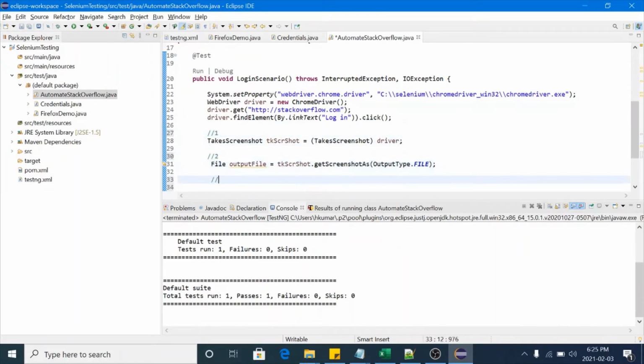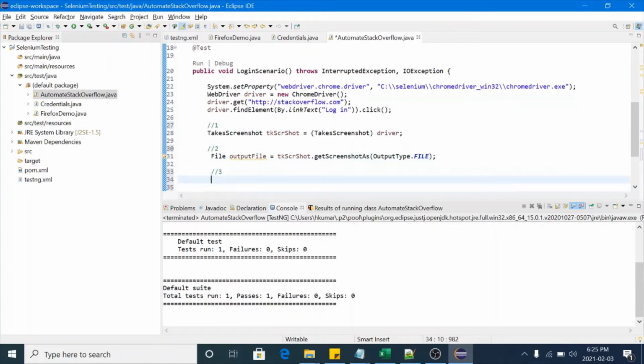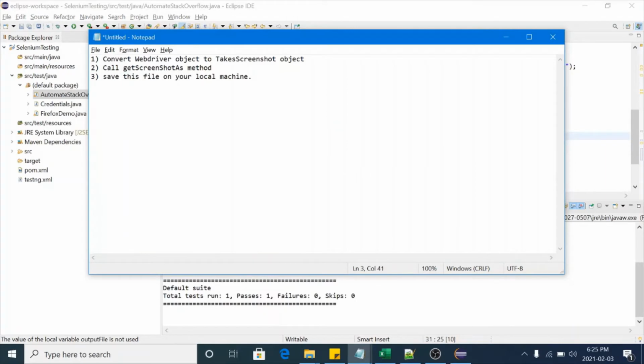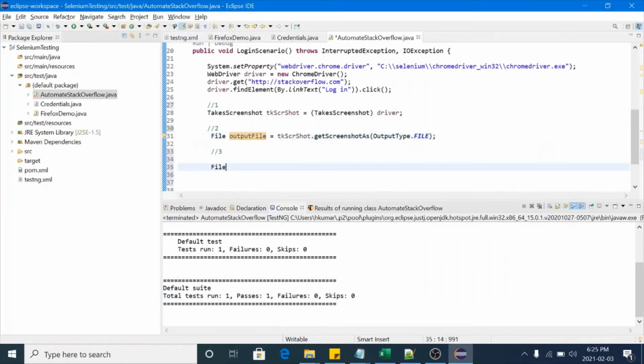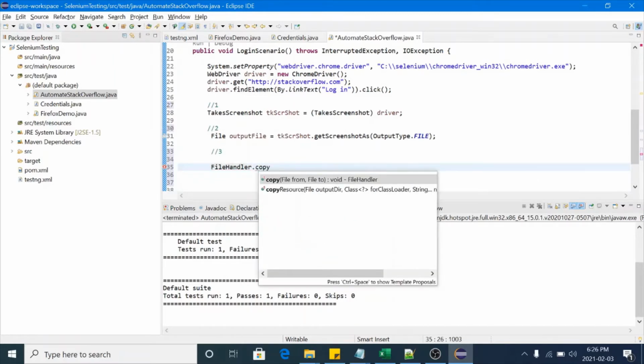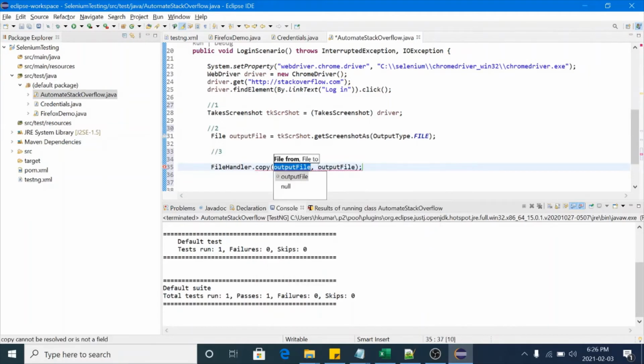Now the third step: we have captured the screenshot in this file, which is just binary data. We need to save this file on our local machine with the extension .png or .jpg. To do that we need to write one method, FileHandler, which is provided by Selenium only, dot copyFile.